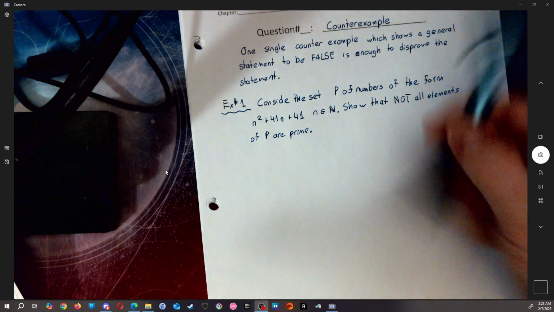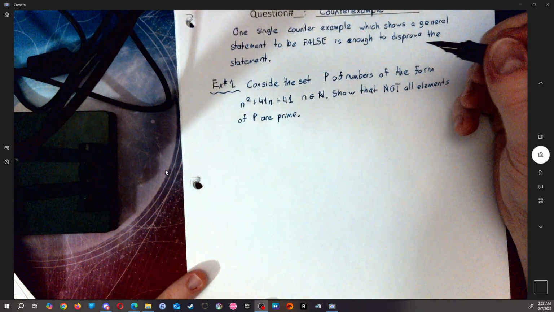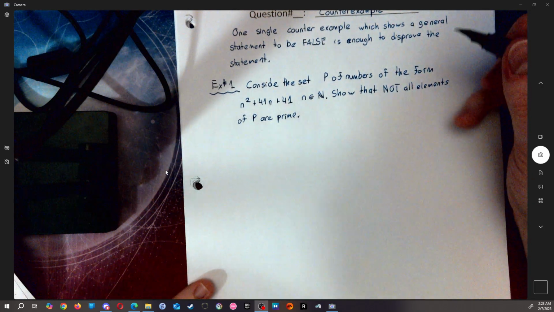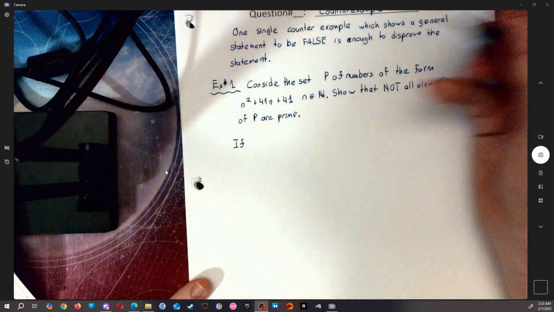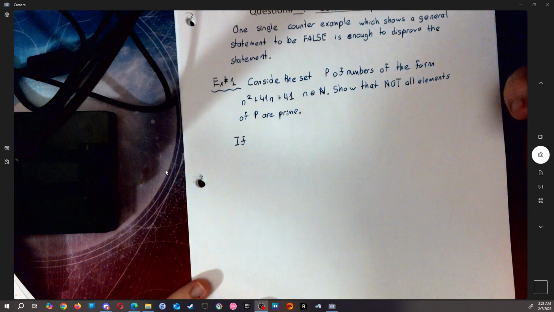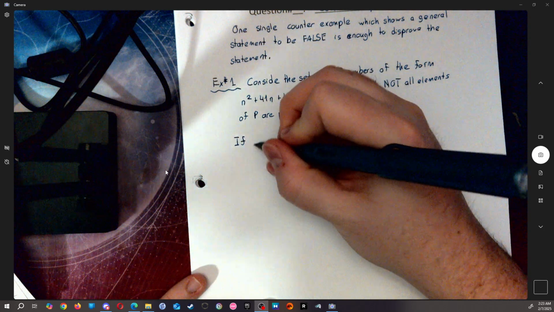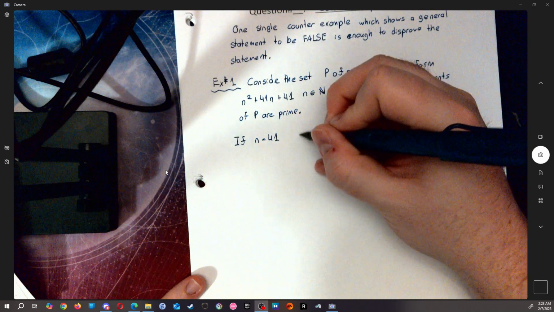So, obviously, perfect examples are like 2, 3, 5, 11, etc. Now, this is obviously not true because if I have multiple scenarios, but the easiest one that comes to mind is if I just have, well, 41, right? So if I plug in n is equal to 41 into my equation, then I'm going to get p is